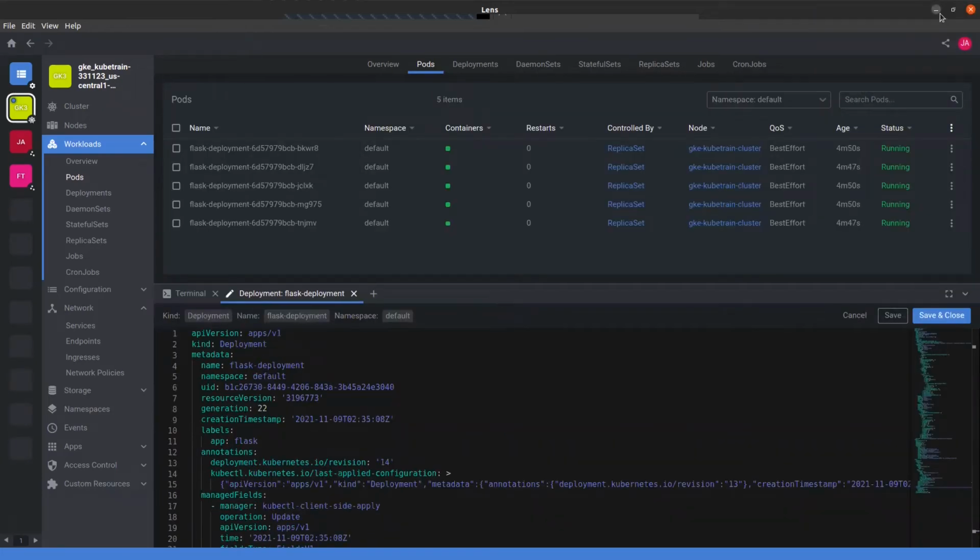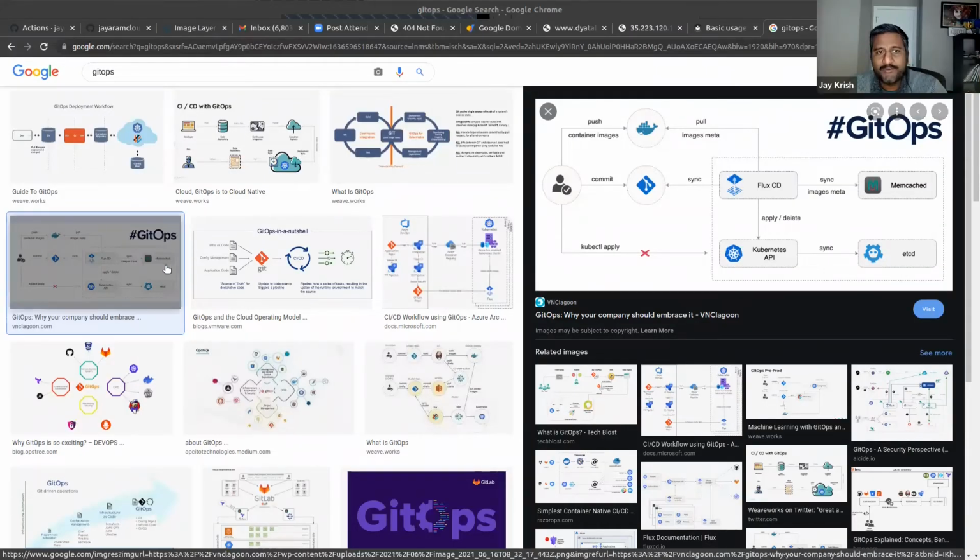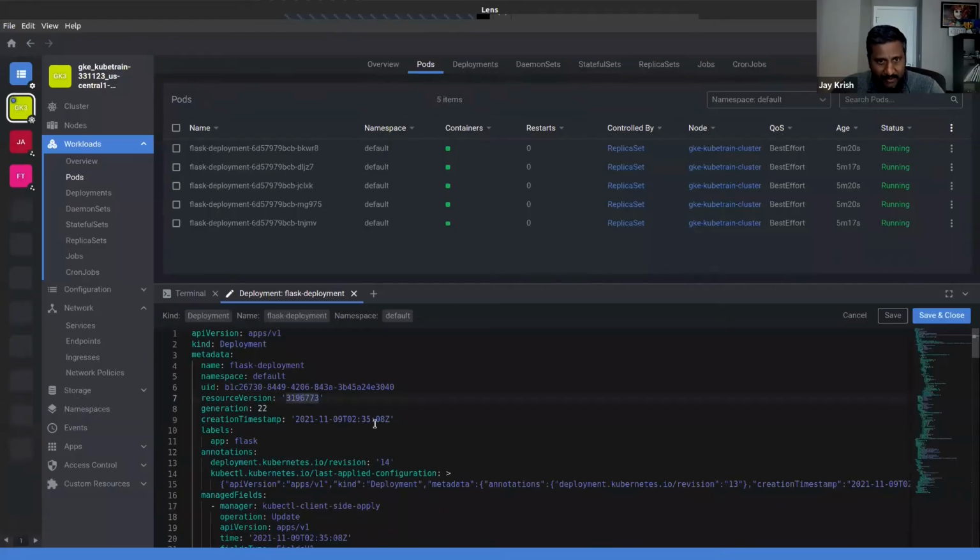Now if you make any changes in the Git repository, this Flux CD or some other component inside Kubernetes is monitoring that Git repository, which has the YAML files, every minute. This file is stored in Git.